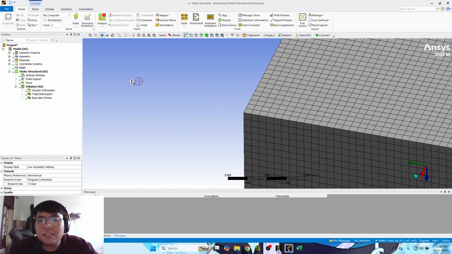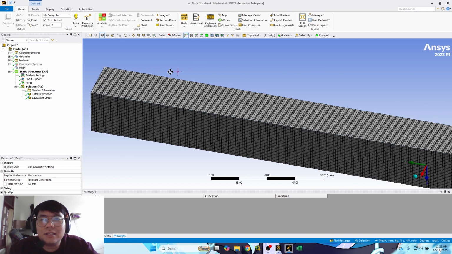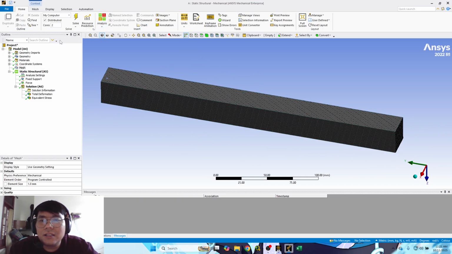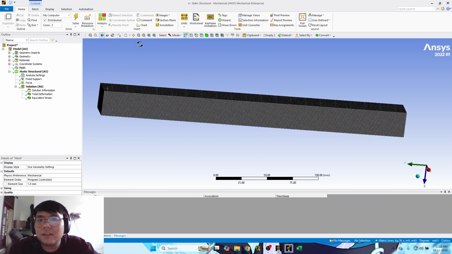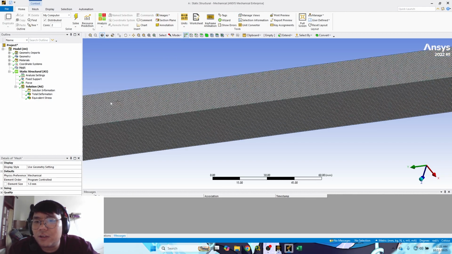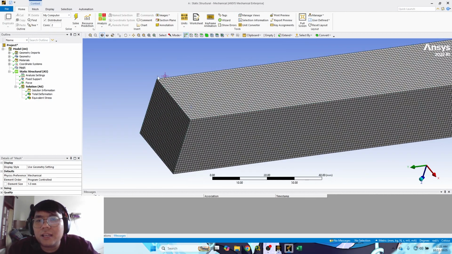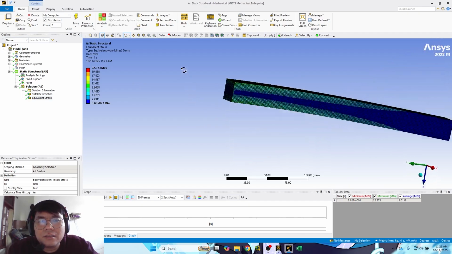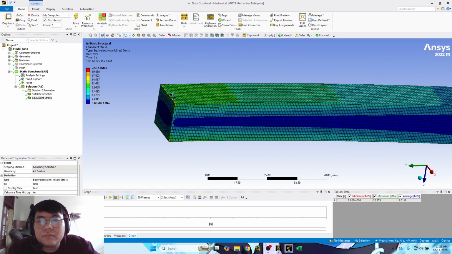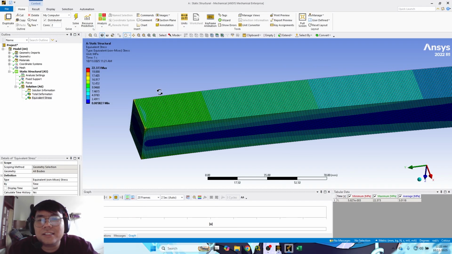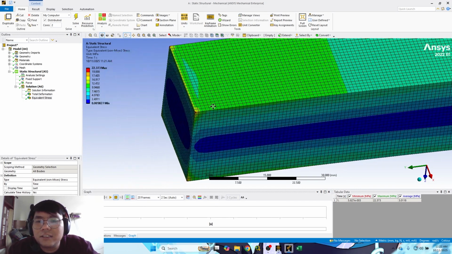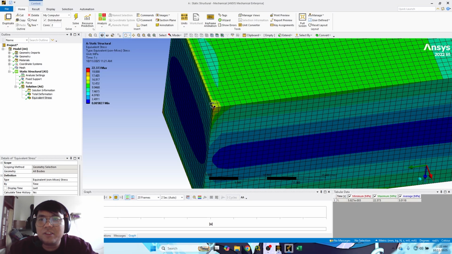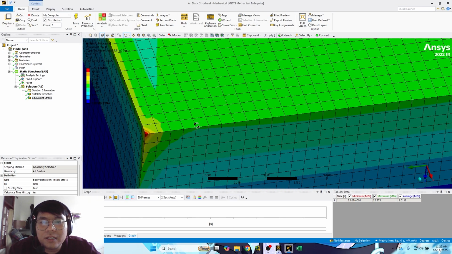As you can see here, the maximum stress in our beam occurs at the edge of the beam. And the distribution of the stress is not normal. There is a really sharp difference between this layer and this layer.